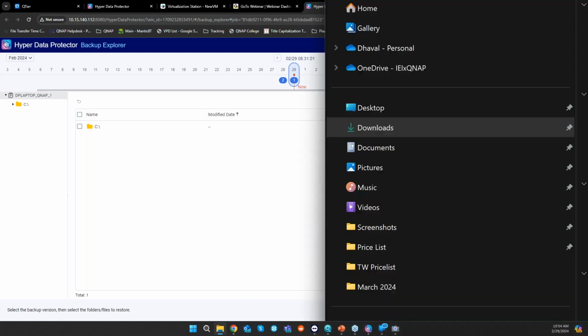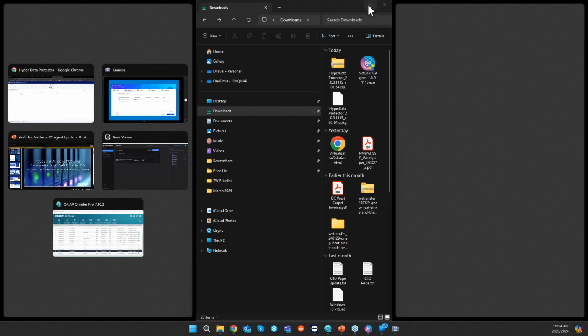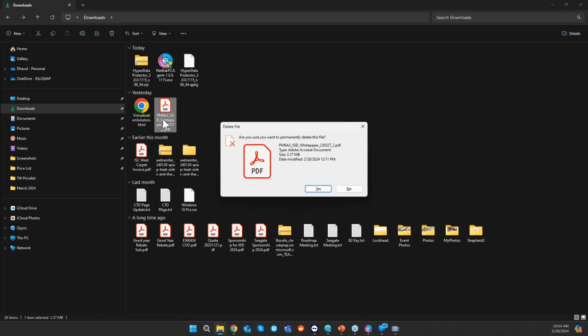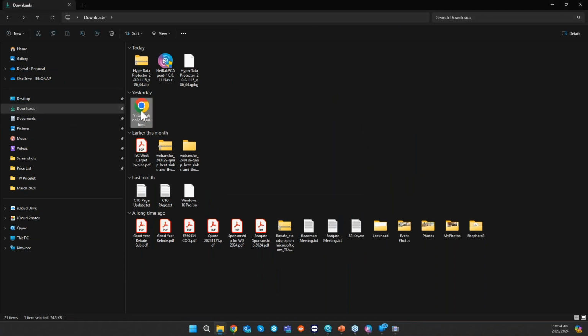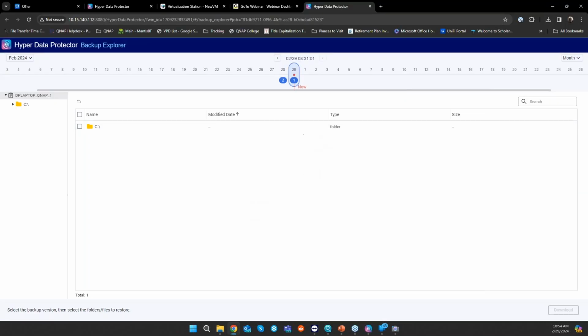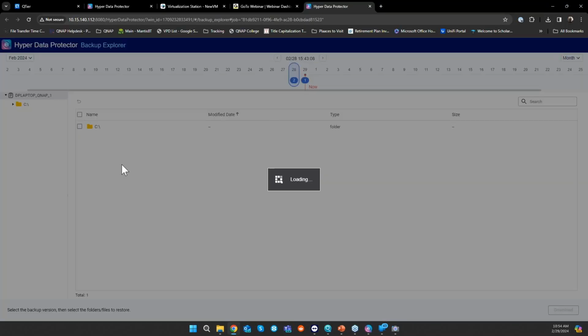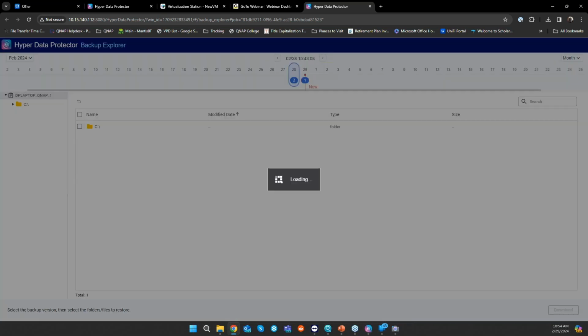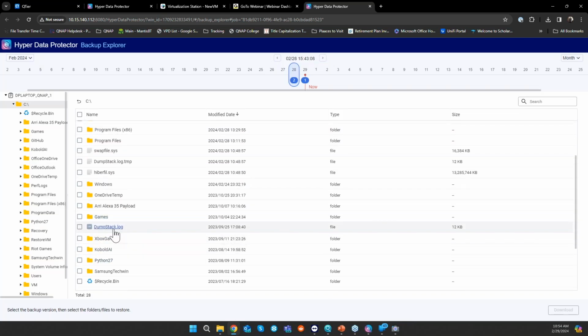Let's say you deleted a file on your computer. Let me open up a file on the computer. Let's delete this file and this one as well. Now, if I want to restore that particular file, I can go to yesterday's date, and I only did the main volume as my backup, so I can go to the C drive. It was in the downloads folder, so I can go to,